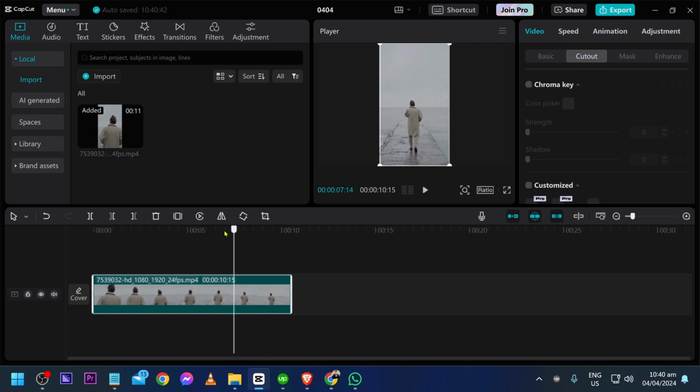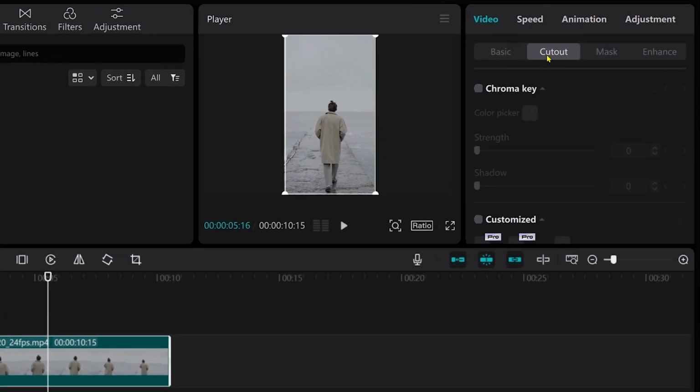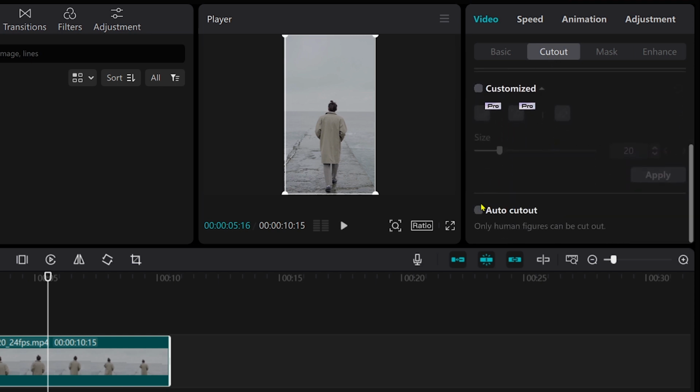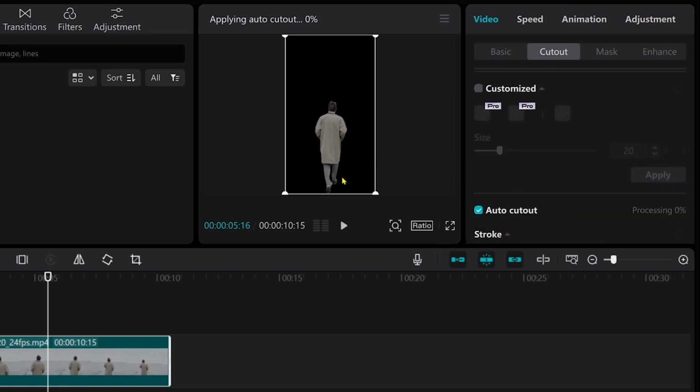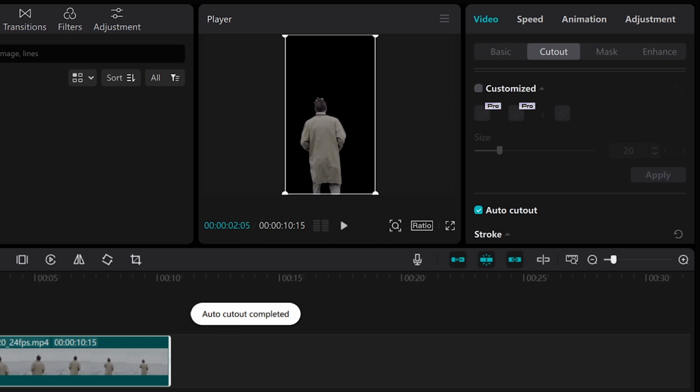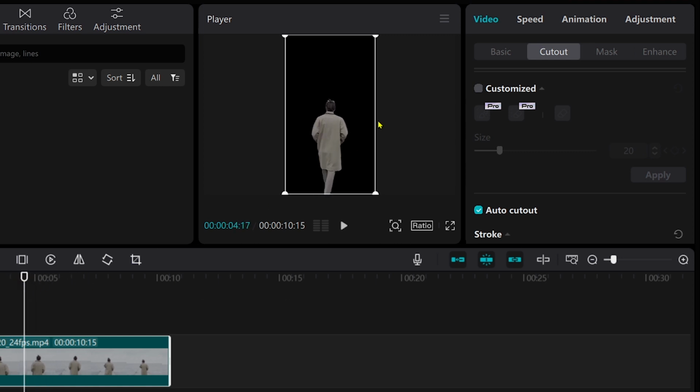Now what I'm going to do in order to remove this background and add a green screen is basically this one here. You're just going to go ahead and click this one. You're going to hit cut out, and then you're going to click auto cut out. As you can see, once you get that done, it manages to remove everything else apart from that person